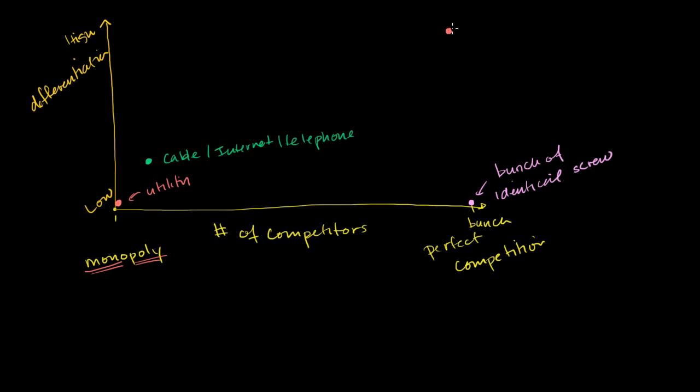So right over here, I will put fine dining. You could also imagine name brand clothing. They're very differentiated, certain designers, certain materials, all of those types of things, but there's a bunch of them. So name brand clothing, it's not quite perfect competition. It's very competitive. There's a bunch of players there, but they're not selling the same product. They are very, very differentiated.